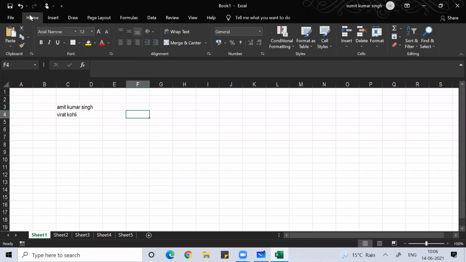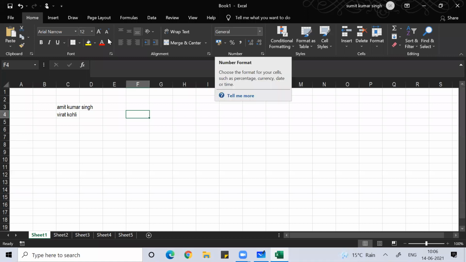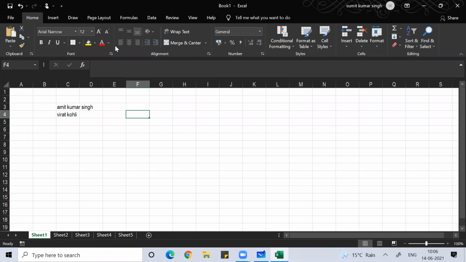So you can remember this. You have seen these tabs, and I've shown you how you can customize them. Under these tabs, you can see clipboard, font, alignment, number, style, cells, editing. Sorry, these are not clipboards, these are groups. The clipboard, font, alignment, number, and style are the groups. Under the groups, you have a lot of ribbons.